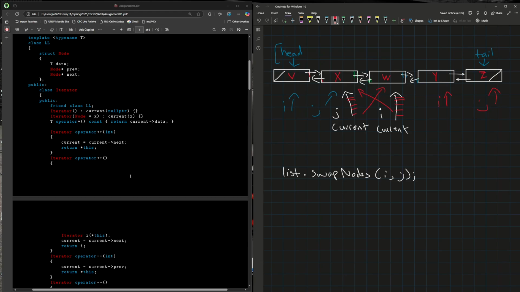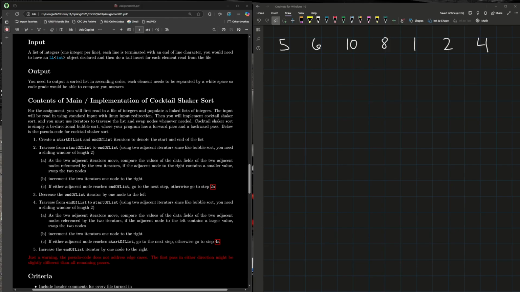So now we can finally get to the actual code or pseudocode for cocktail shaker sort. Then I'll go over a few of the input output and just simply how to compile the program and run it and so forth. Let's go ahead and now discuss the cocktail shaker sorting algorithm. So anyway, before I go into the main contents and the algorithm for the cocktail shaker sort, let's first discuss